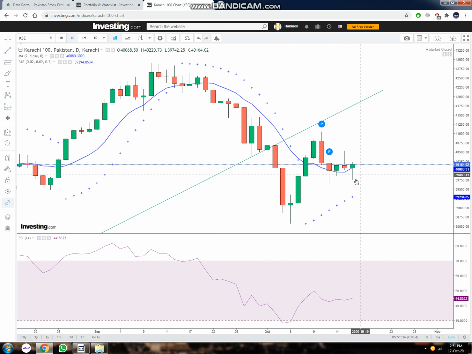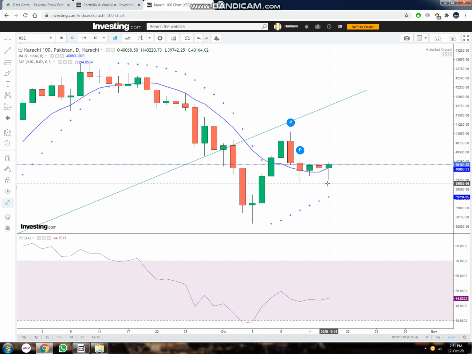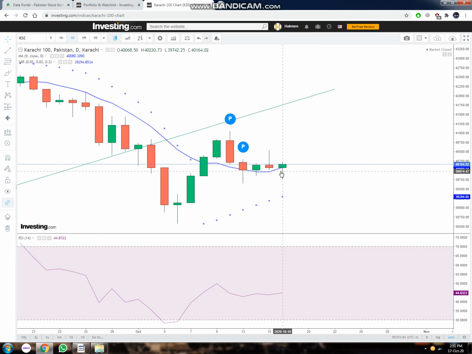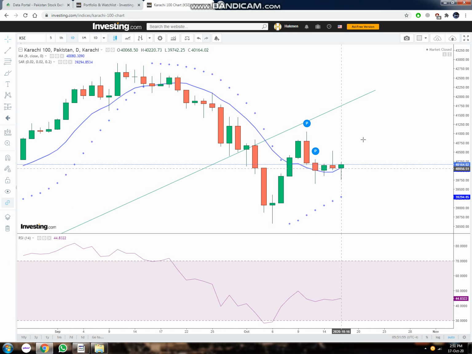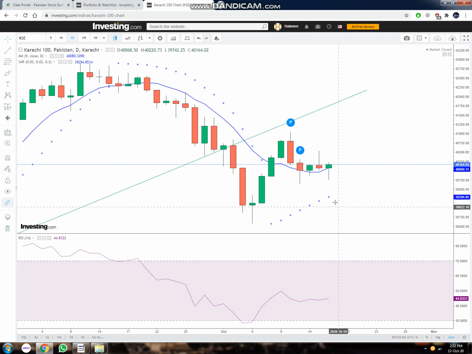for the market. If we take a look at the simple moving average, this is a 9-day simple moving average. You can see right here that it is moving a bit upward, which shows that the market may continue its trend upward, which is also a great sign of strength for these two indicators showing bullish trend. But if we take a look at this parabolic SAR right here, this dot, and we